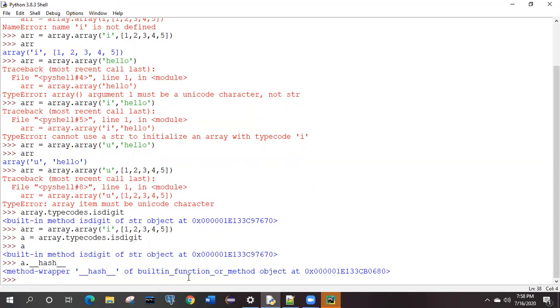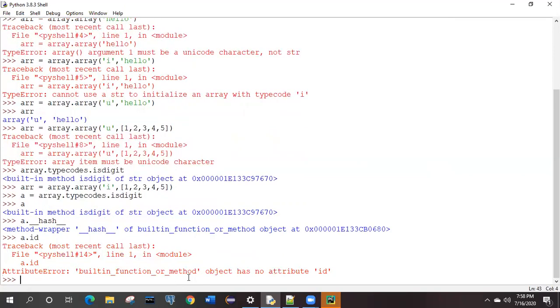what is this hash method? You remember what actually this hash method is? Hash code means whenever we are creating any object in memory, there will be some ID associated with that, and there will be some hash code with that, right? It will not work over here because it is not defined as the particular ID inside that ID function.